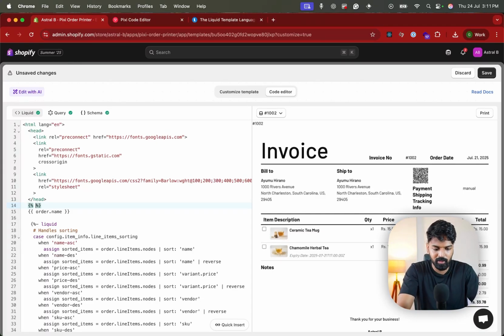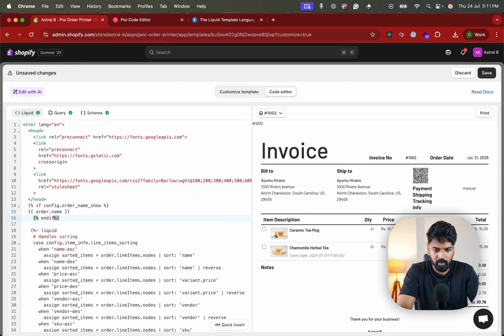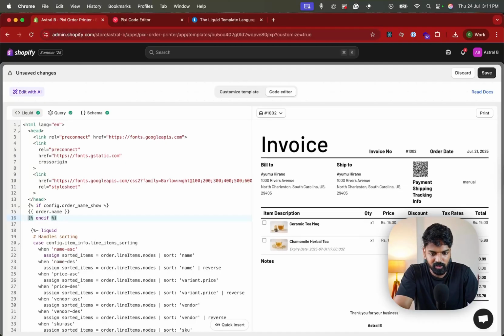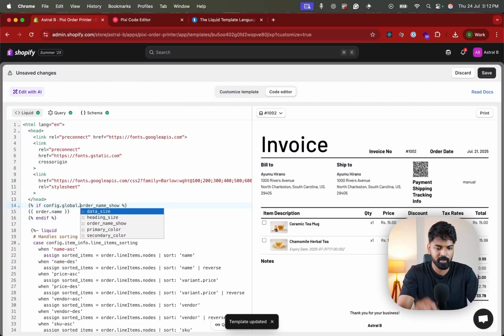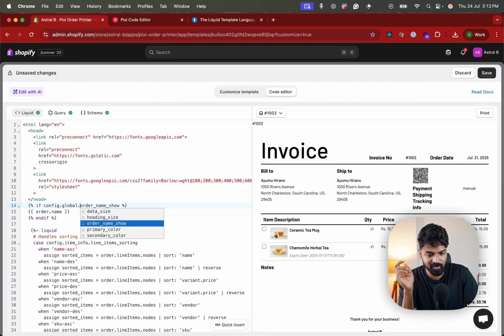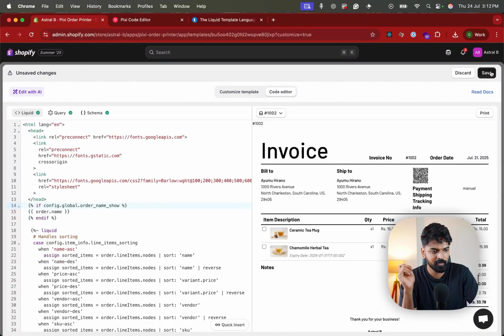and write a Liquid code to show or hide based on the settings. And I'm going to save this. So it says if config, okay, I have to also do global dot show order name. You can see we also have auto completion for this, which is great. Now if I save this